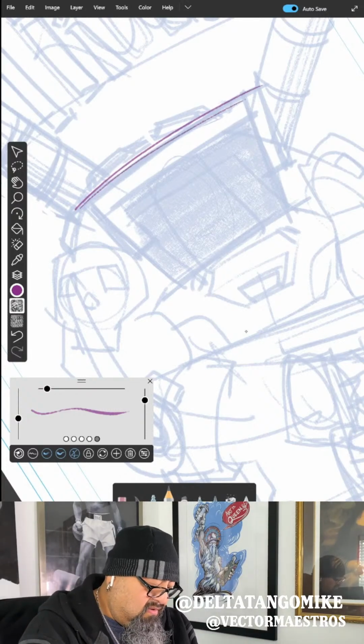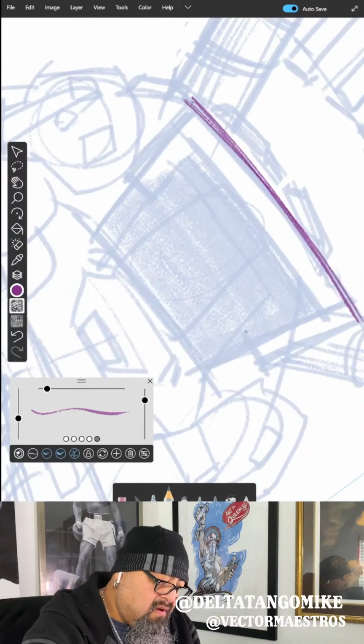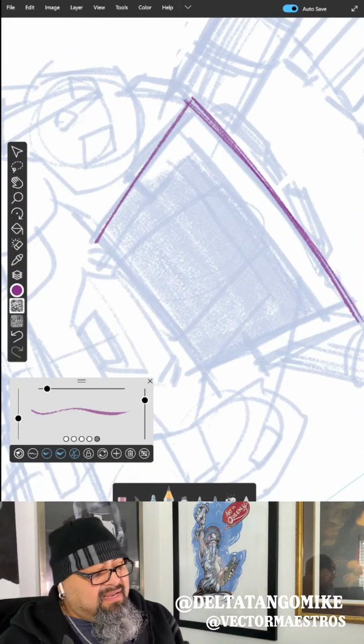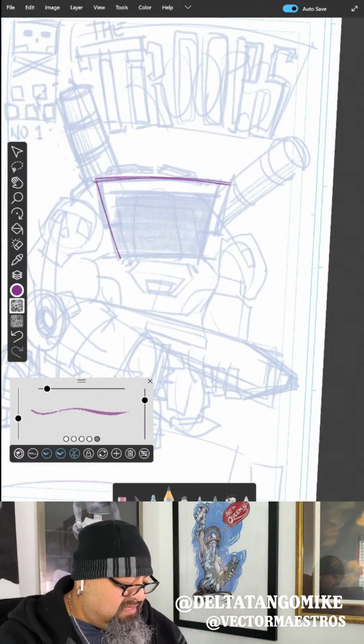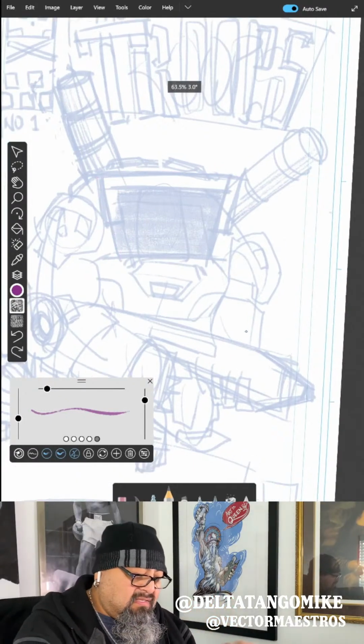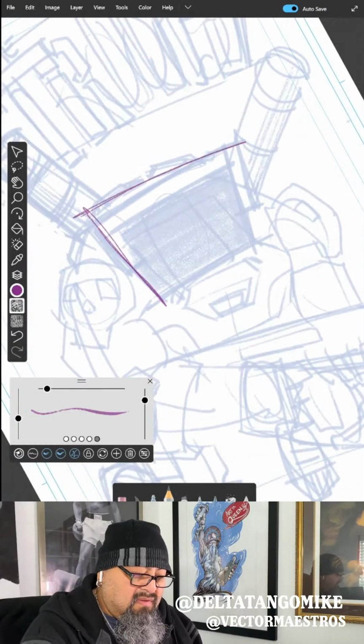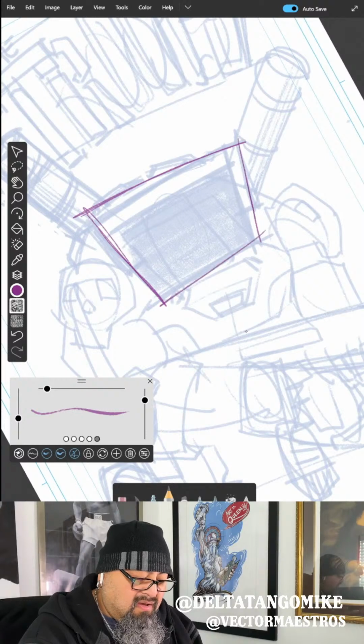Yeah, so let's go. Bam, just kind of, there we go. And then let's do this right here. As a matter of fact, I want him looking off to the side a little bit. So what could we do here with that? Like this, so then this side is going to be bigger. This side is going to be a little bit smaller. There you go. You see that?